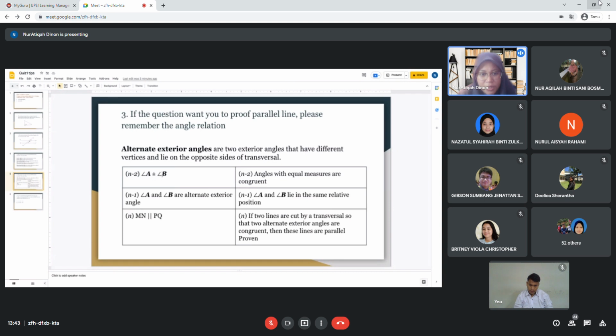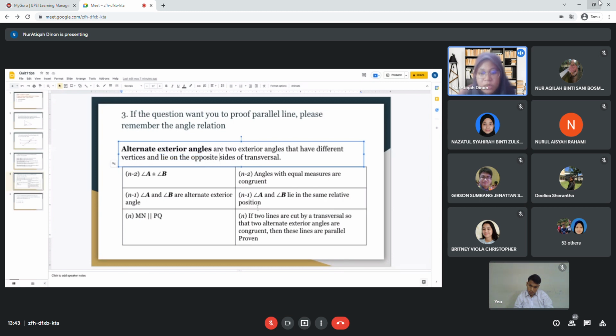Angle A is congruent to angle B. So let's say that before this is angle A equal to angle B, and then this step is congruent, or so we change our angles with equal measures are congruent, and then the next step is angle A and B are alternate exterior angles. Then kat sini you kena put what is the definition of alternate exterior angle. A and B lie in the same relative position. You nampak kat sini kan? Lie on the